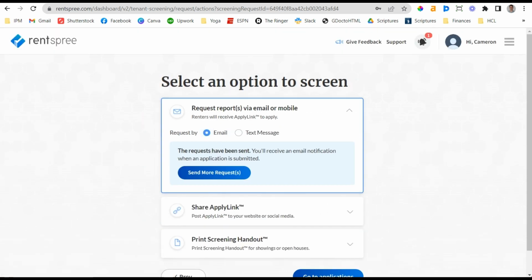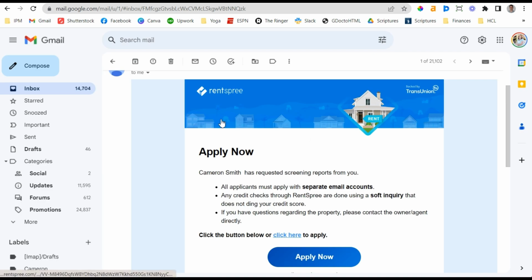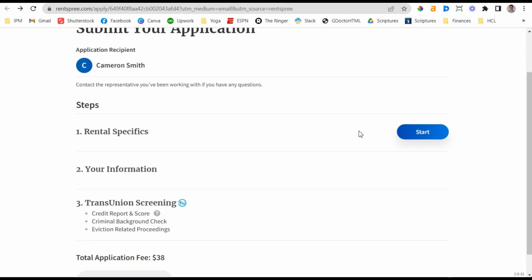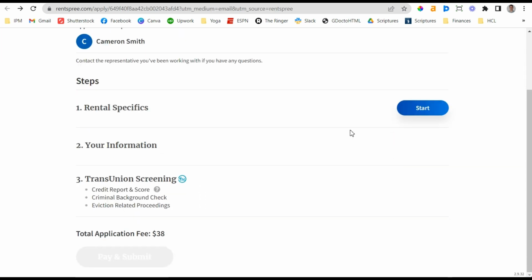I'm going to show you what it looks like when you send an email to somebody. They're going to get this beautiful email, apply now. And then once they click apply now, they are taken to this process. Now, it's a very long process. In fact, when I was doing this yesterday, I found a screen that said to expect 30 to 60 minutes